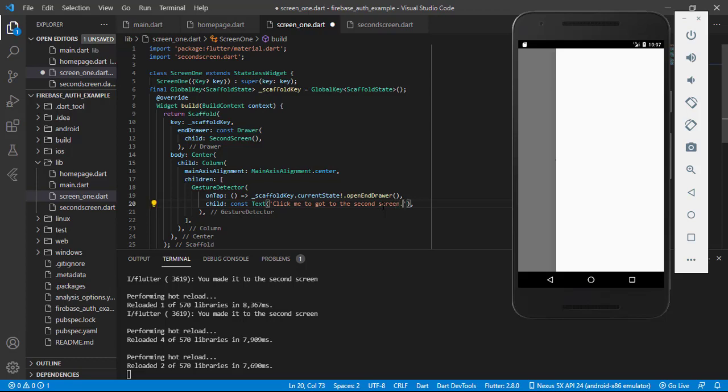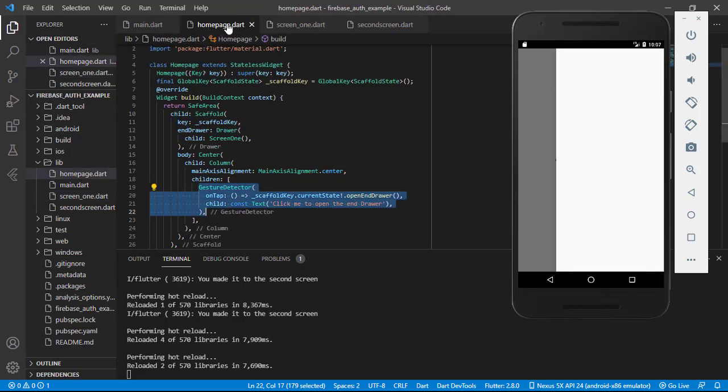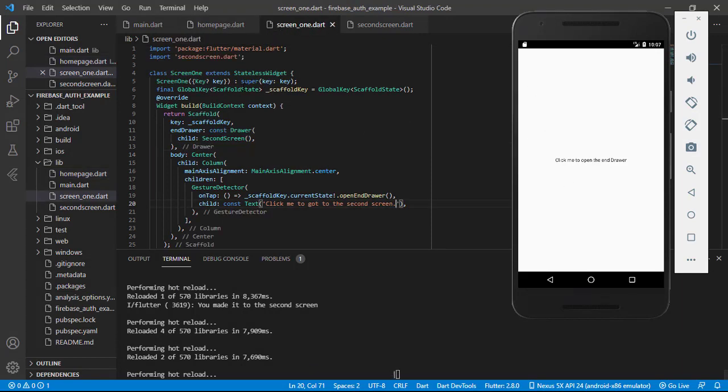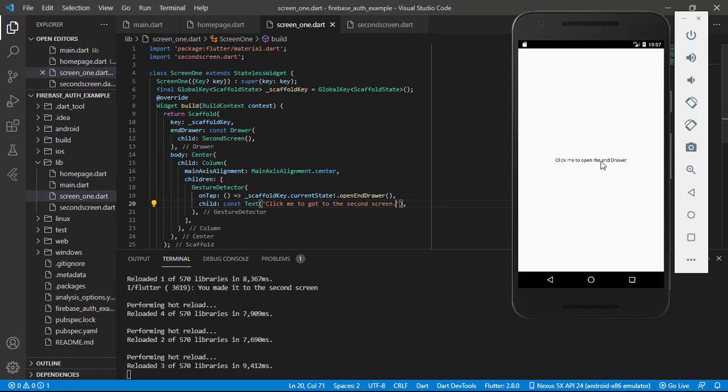Alright, so there. Now, with this, we're actually done with all of this. So we'll move from the home page by clicking on the text here. It says click me to open end drawer. So we'll hit save, be able to access this also, and when we click on that, we should be able to move to the next page. So we'll click on this to open the drawer, and we'll click on this now, and it opens the second